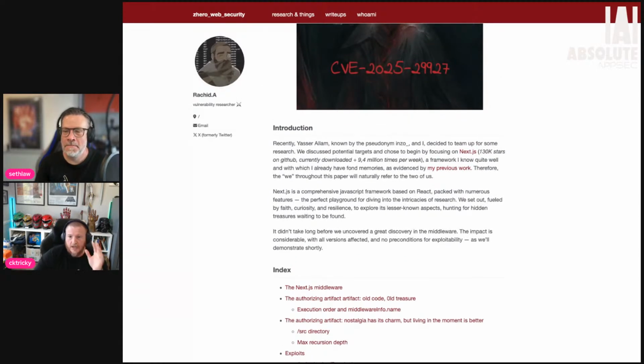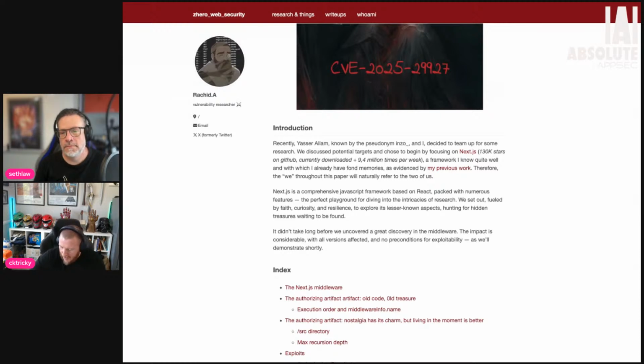Right. So basically the gist here, if we're going to just summarize it, is that you could send a request header in an HTTP request and bypass any sort of authorization. Okay, so that's the high level summary. It's nuts how simplistic it is to bypass authorization. And if you're wondering what does this affect? It affected every Next.js application effectively, right? Anybody using Next.js, it was vulnerable.